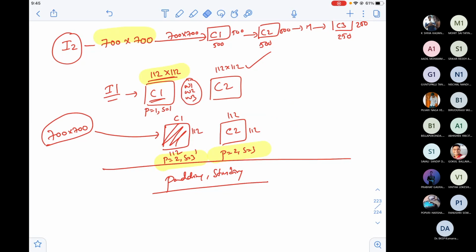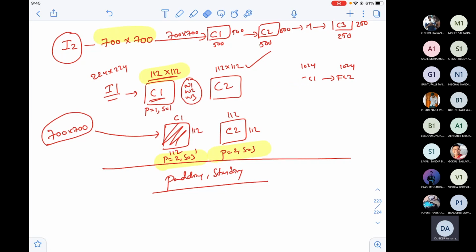The first image is a standard image, 224 cross 224. Now, if you reach the fully connected layer 1 and fully connected layer 2, assume that this is 1024 and this is 1024. And the last layer, assume that in the standard VGG, I'm not writing the exact standard VGG output, assume that this last size is 5 cross 5. 5 cross 5 is connected to FC1 and FC1 is connected to FC2.